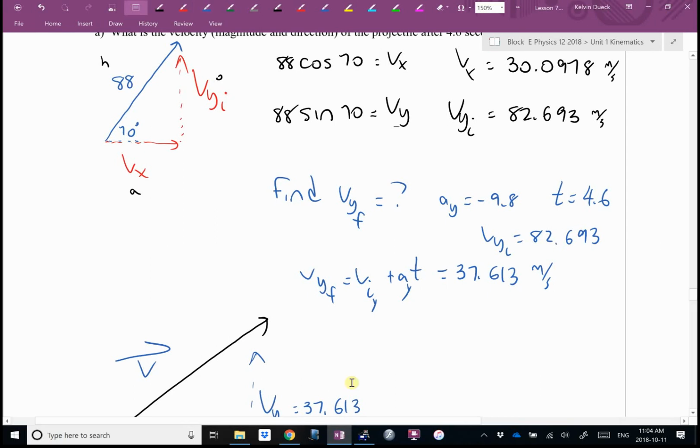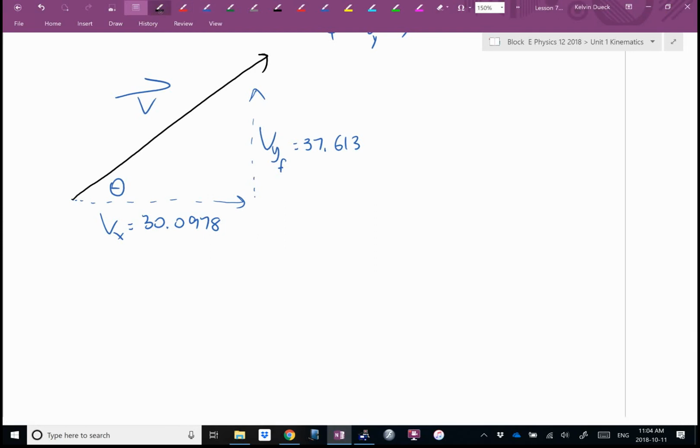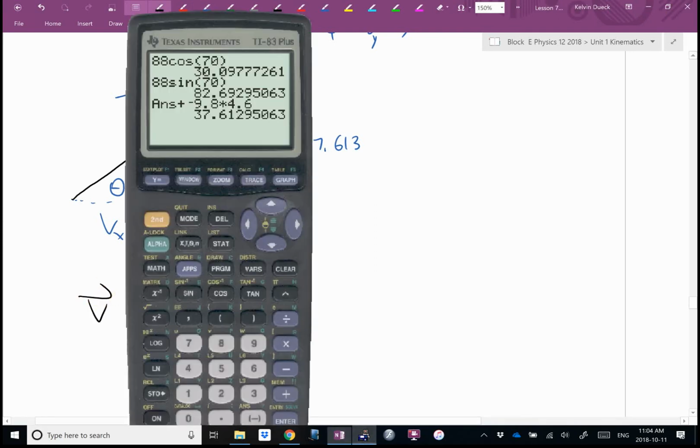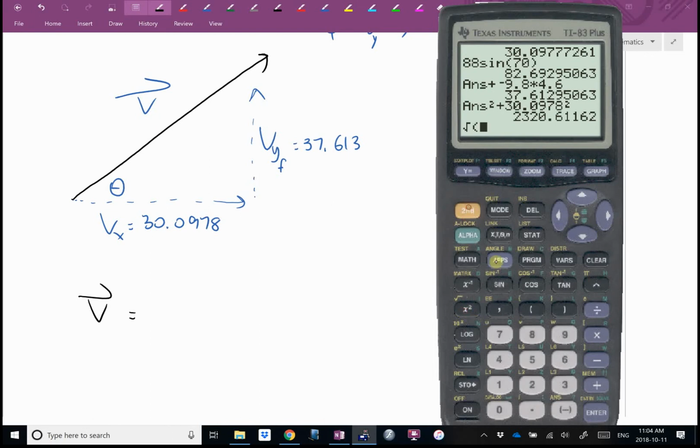Hey, Sean, how would I find the magnitude? And you know what? If this was a multiple choice question, I might only ask for the magnitude just to save yourself a bit of time. Or I might only ask for the direction and you could skip finding the magnitude and go straight to finding theta. Theta is going to be down here where the vector is originating from. So V is going to be that number squared plus 30.0978 squared, square root. I get a magnitude of 48.2 meters per second